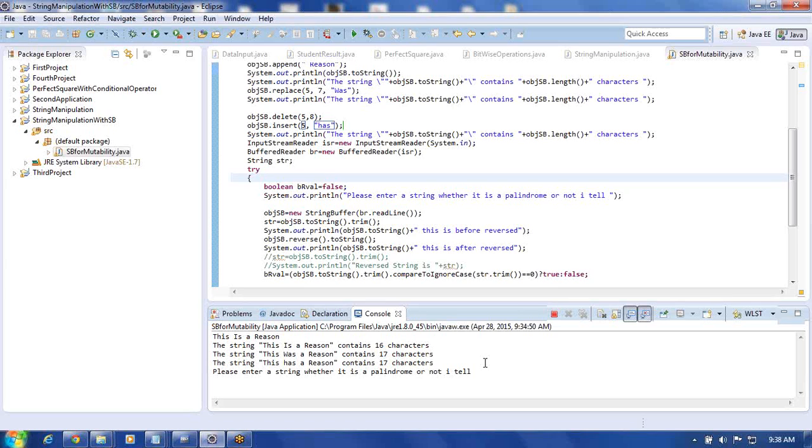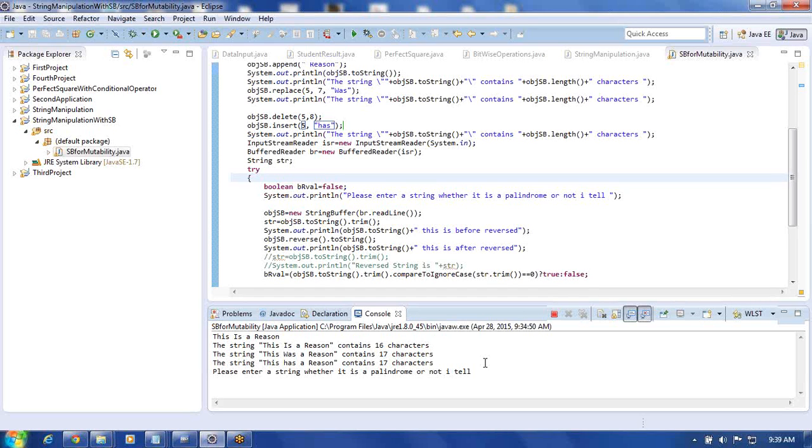It is going to be all Unicode characters. They contain all Unicode characters. That means each and every character requires 2 bytes of space. And the string buffer can be modified on the fly. You can modify, you can delete content from that, you can add new content to that. It's nothing but appending. You can insert in the given location, you can delete from the given location, you can replace